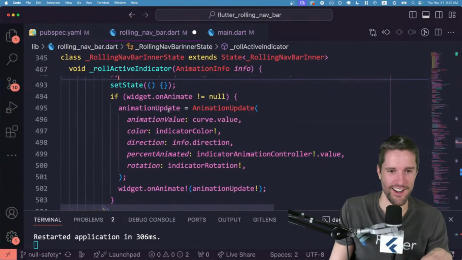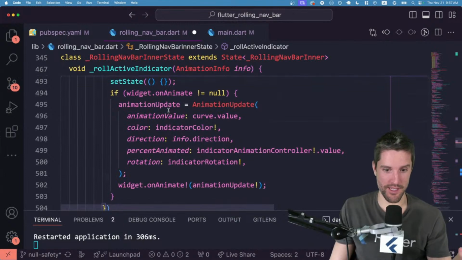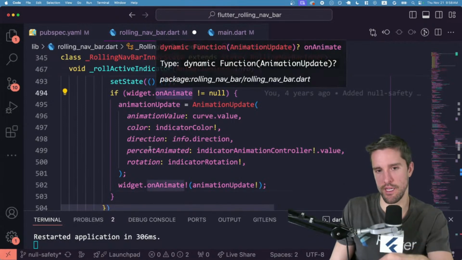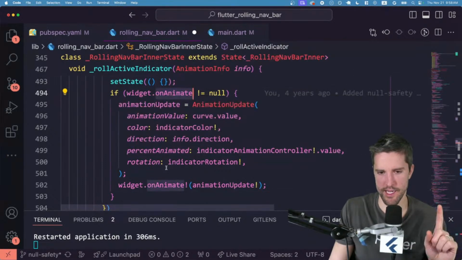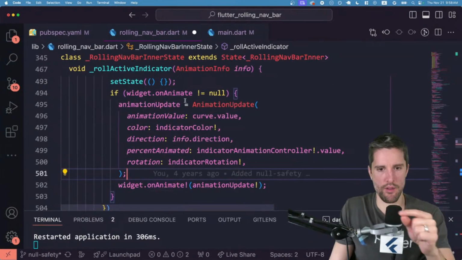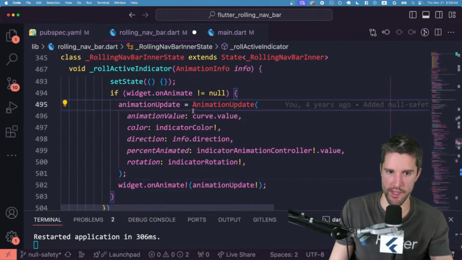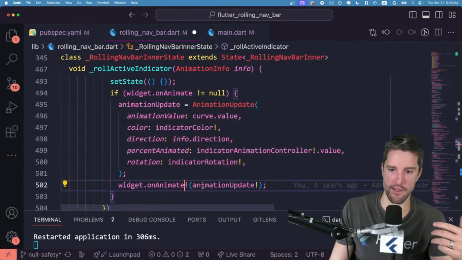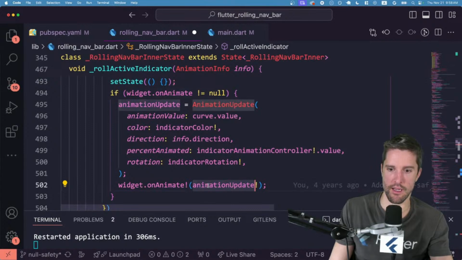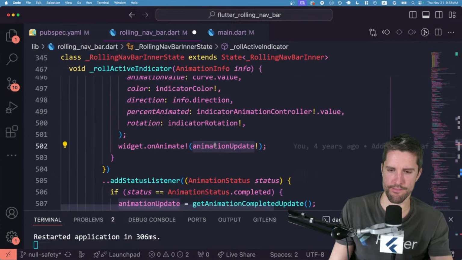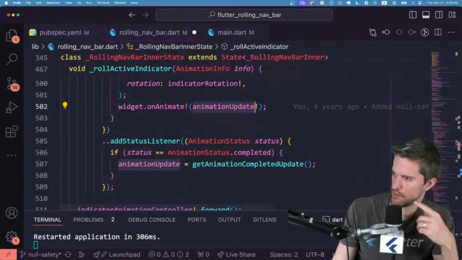All right, what do I do after the set state? This will be interesting. Oh, right. I think this is functionally the stream. So you can pass in a listener that will get called. I doubt there's an actual stream mechanic here, but you can pass in a listener that gets called, and then if there was one, we'll staple together an animation update object and tell you about it. And I don't know why this isn't even just a local variable. That's interesting. Maybe it's read at some point for the last one. All right, I want to stop